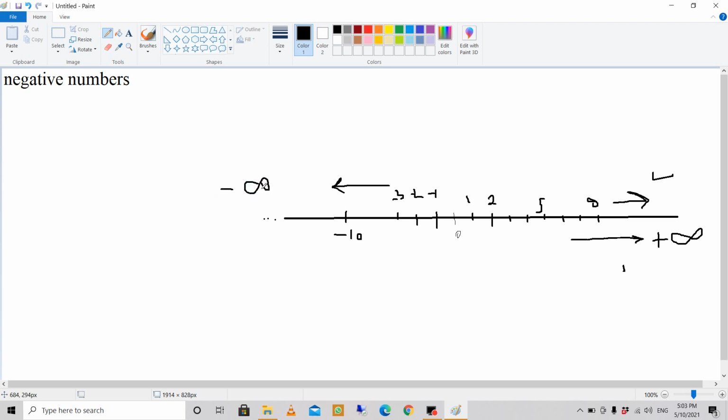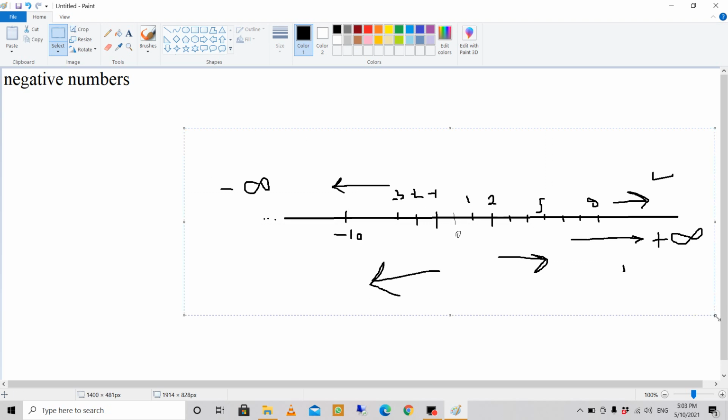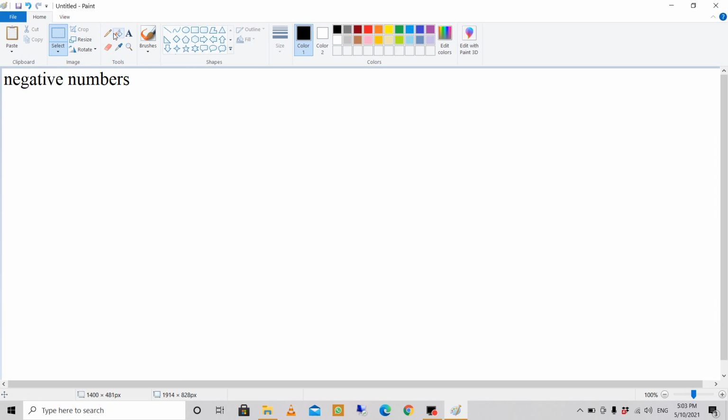So this is how the number line works. If you move towards the right side, it shows the positive numbers, and if we go towards the left side, it shows the negative numbers. Just as we can add and subtract positive numbers, we can do the same operations with negative numbers also. For example, if I do a simple addition question, 7 plus 3, this is equal to 10,